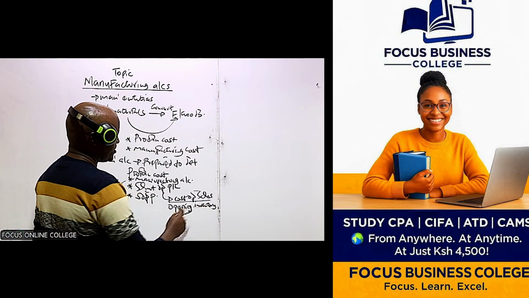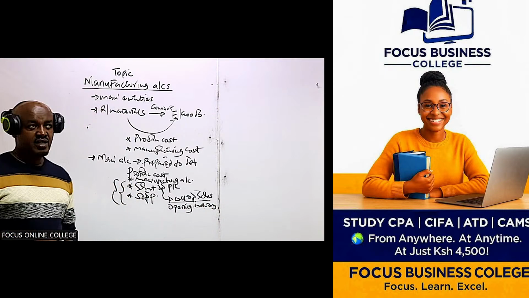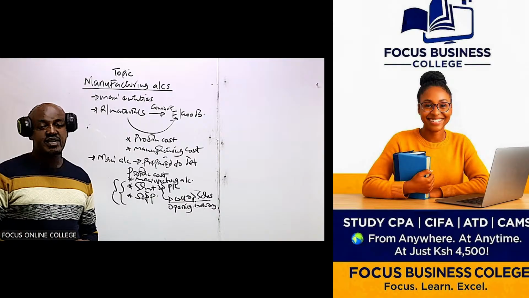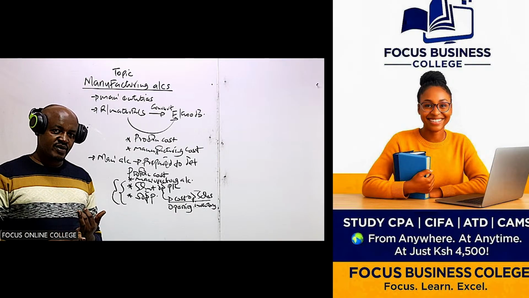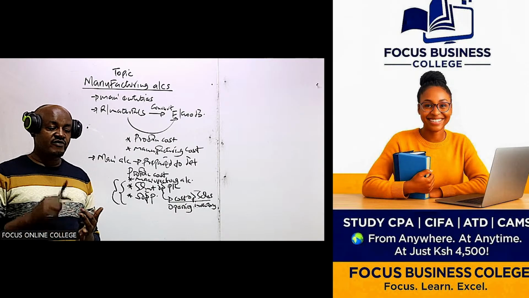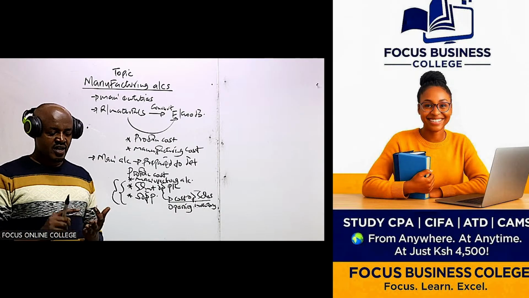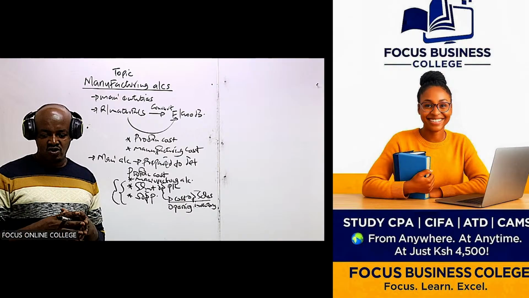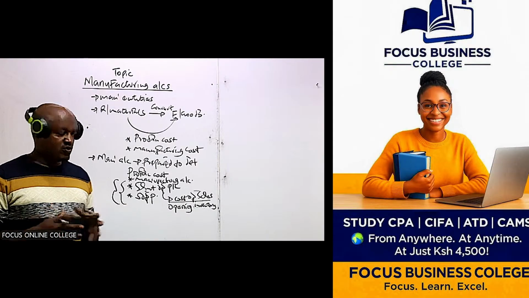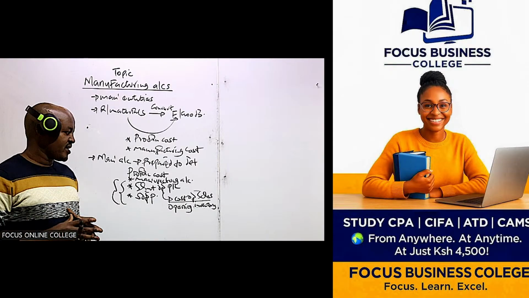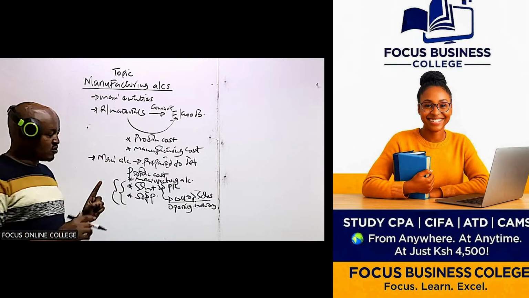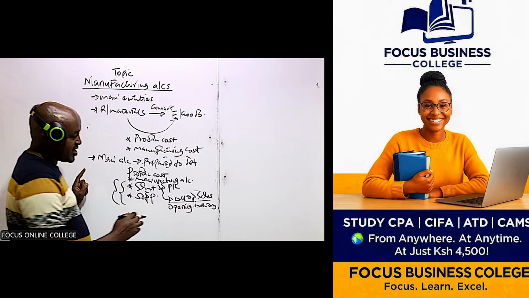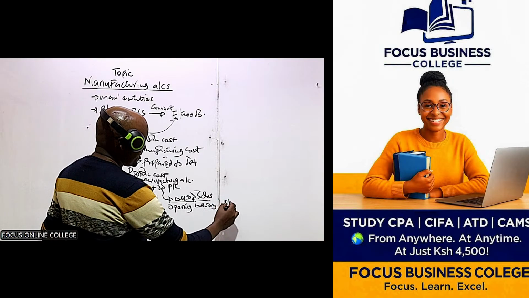But now, for these manufacturing entities, usually they have three types of inventory. We have the inventory of raw materials. We have the inventory of the finished product or the finished goods. And also we have inventory of something called work in progress. Maybe you're going to look at what work in progress is even before you look at how the manufacturing account is prepared. So here, when computing the cost of sales, we take the opening inventory of the finished goods.